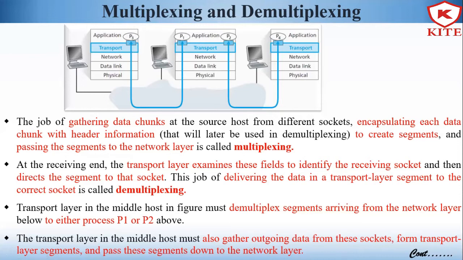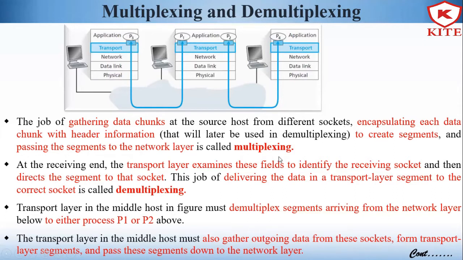So it is the job of gathering data chunks, or we can say packets, at the source host from the different sockets and encapsulating each data chunk with header information, which will later be used in demultiplexing, and creating the segments and passing the segments to the network layer.